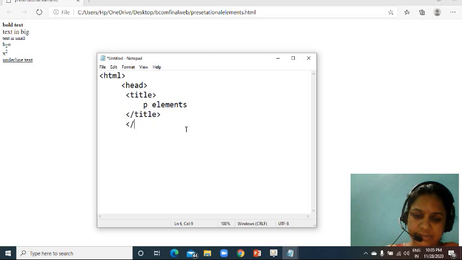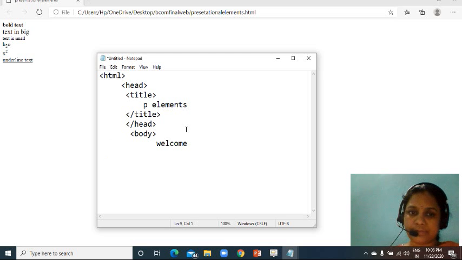Then next here slash head. I am starting the body section, and here slash body. Then I am writing here welcome. I am ending the body.